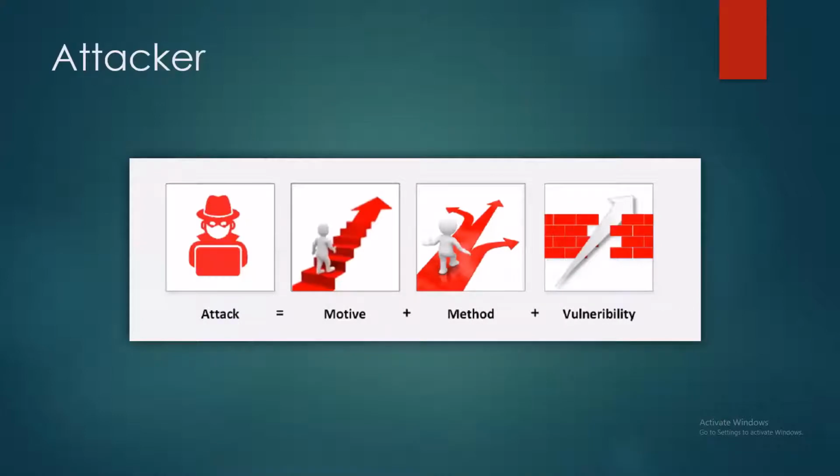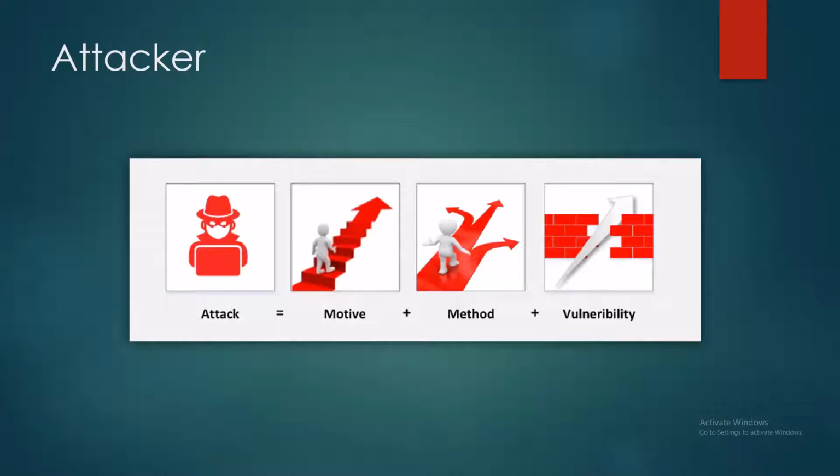Then we'll try to understand what motivates how an attacker really thinks. Why does he attack? What is he trying to look for? What is his reason behind attacking an organization? That is primarily a combination of motive, method, and vulnerability, right? When I say motive, it is to cause harm to an organization, bring down a business purely for fun, or to steal some confidential information from a company.